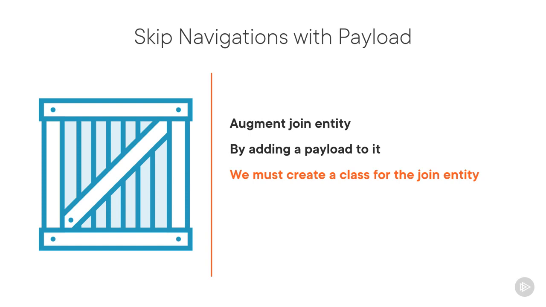EF Core offers support for adding such additional properties to the join entity by allowing us to create a specific join entity that we can augment with the extra data. Doing so is known as giving the join entity a payload, hence the name Skip Navigations with Payload. After having created such a class, we simply need to change how the relationship between our item and order entities are set up in the CarvedRock database context. Such an implementation of our Skip Navigations is called Skip Navigations with Payload, and it is often used to add